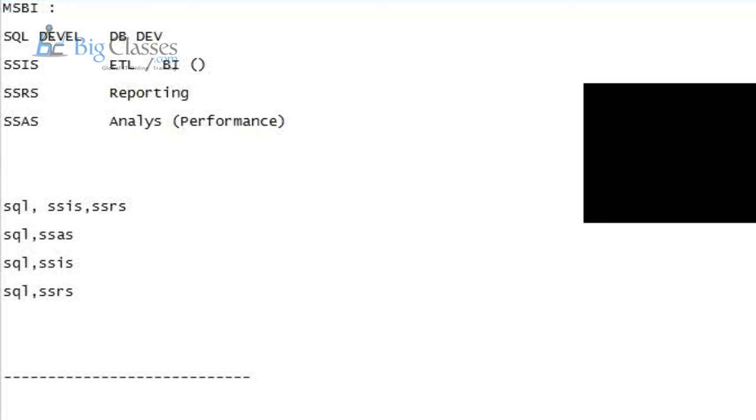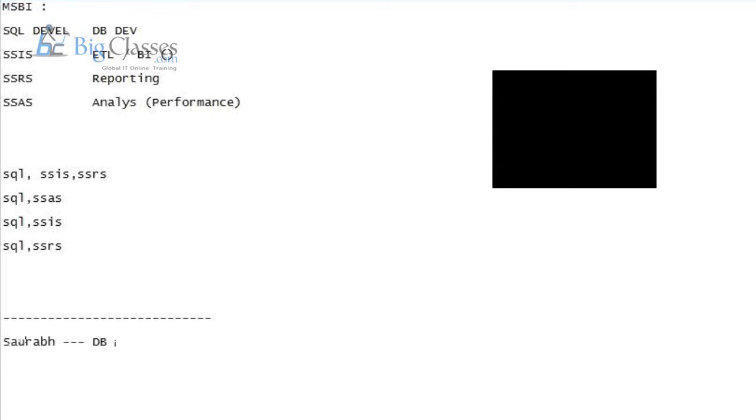I actually have basic knowledge of SQL and databases. Is this Saurabh? Yeah, this is Saurabh. Okay, go ahead, Saurabh. Yeah. So Imran, that's a good thing, because we have a project where we need to utilize all these SQL development skills, like T-SQL, writing SQL queries and stored procedures, and also